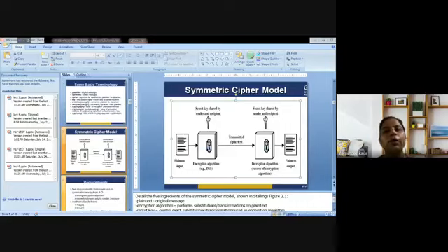A message authentication code can be constructed from an AEAD cipher. So what is basically an AEAD cipher? That is authenticated encryption and authenticated encryption with associated data. These are forms of encryption which simultaneously assure the confidentiality and authenticity of the data. However, symmetric ciphers cannot be used for non-repudiation purposes.